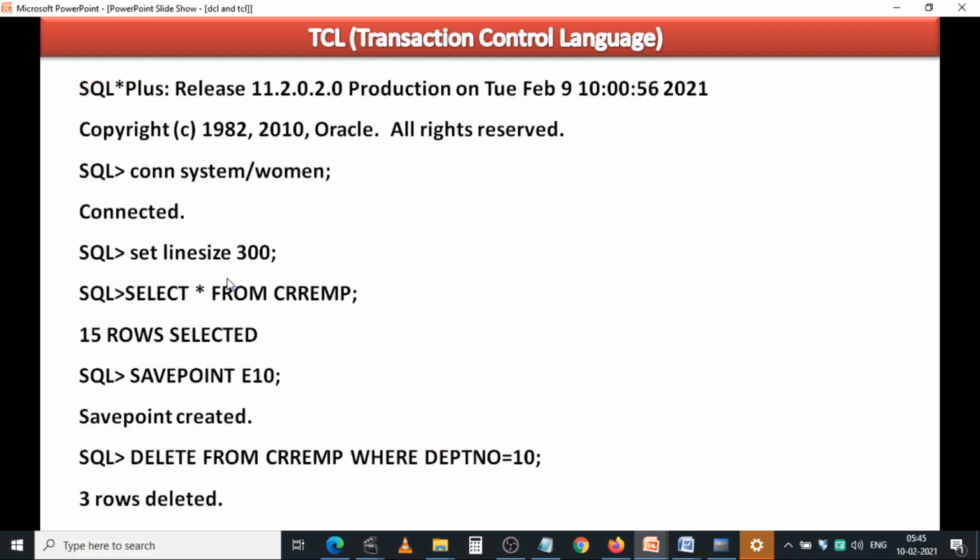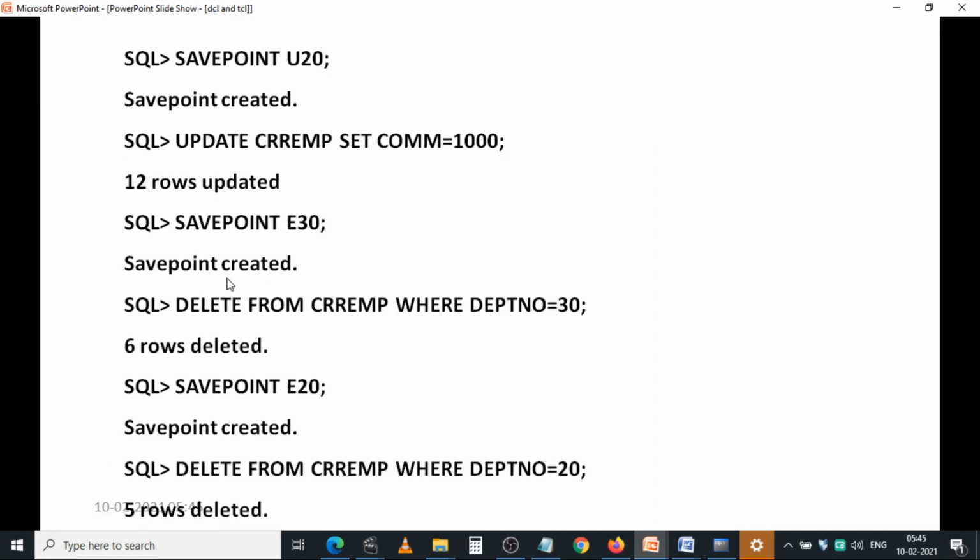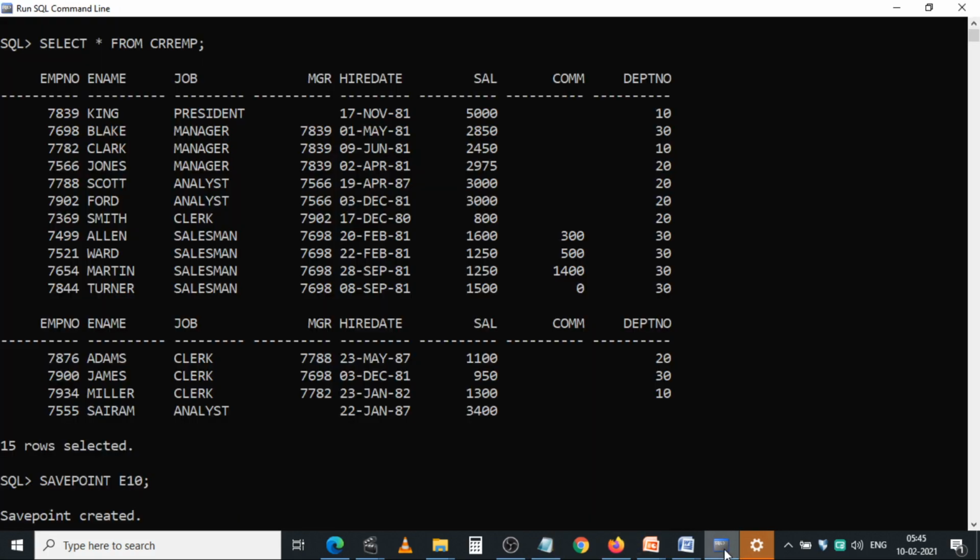Okay, so this is the example practical. This is how we are practically using the rollback and savepoints. Now let me show how we practically use the rollback, savepoint and commit commands.